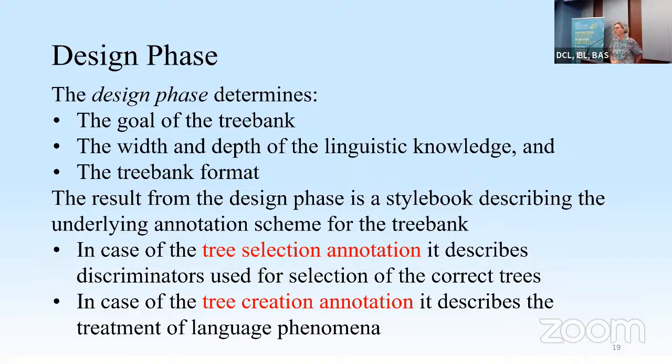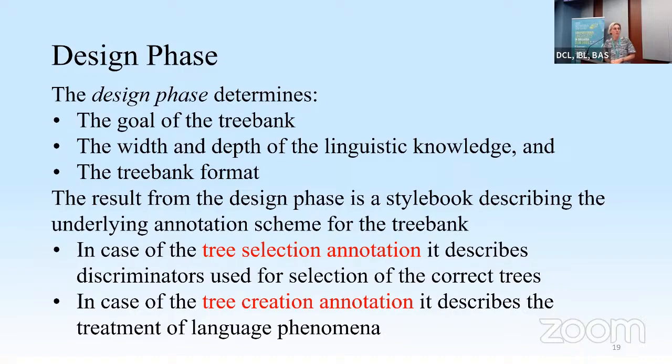Although nowadays it's not a big problem to change formats from constituency to dependency or from one dependency format to another, still you can lose information and also some kinds of phenomena. The result from the design phase is a style book